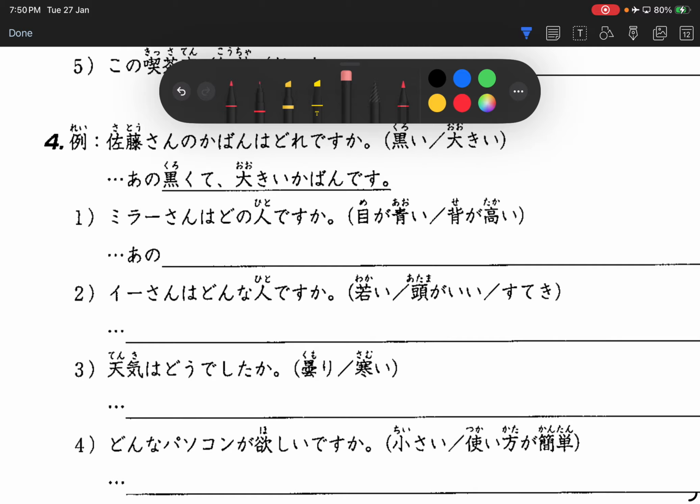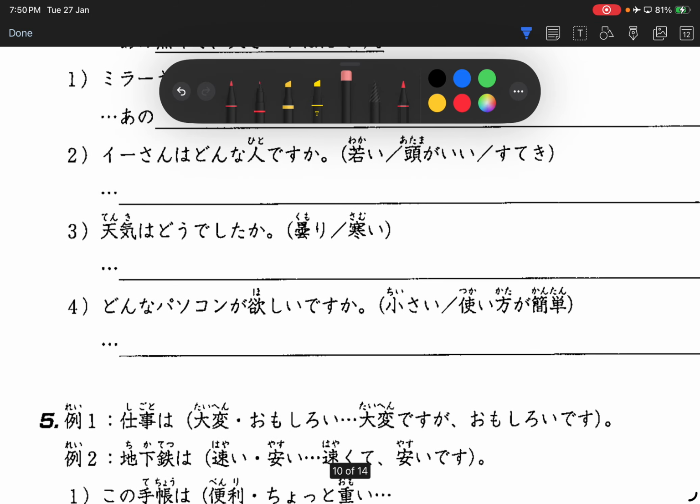Right? Then number 2. イーさんはどんな人ですか？若い、頭がいい、素敵。 あの人は若くて頭が良くて素敵な人です。 Very good. In this case, they never dictate what we need to say at the start. They never put a ano there. So in this case, you want to put the hito at the back, it's fine. 若くて、頭が良くて、素敵な人です。Right, 素敵 is an adjective, so she remembered to put in the noun. Very good, very good. So 若くて、頭が良くて。Okay な。